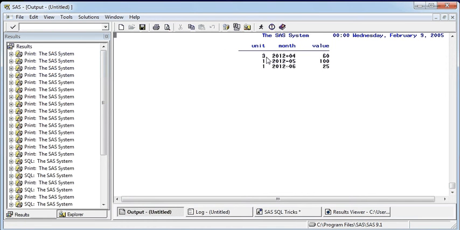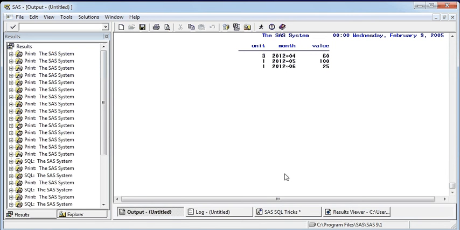So you can see that month-wise, 4, 5, 6, which is April 2002, May 2002, June 2002. The highest value is 60, for May it's 100, and for June it's 25.